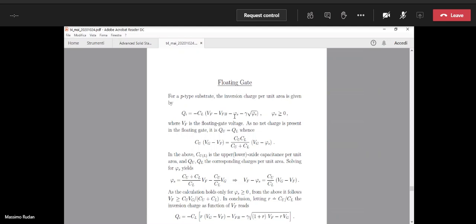Remember, the purpose is to find Vf as a function of Qi, okay? Then you remember Ql and Qu are the same. So Qu is